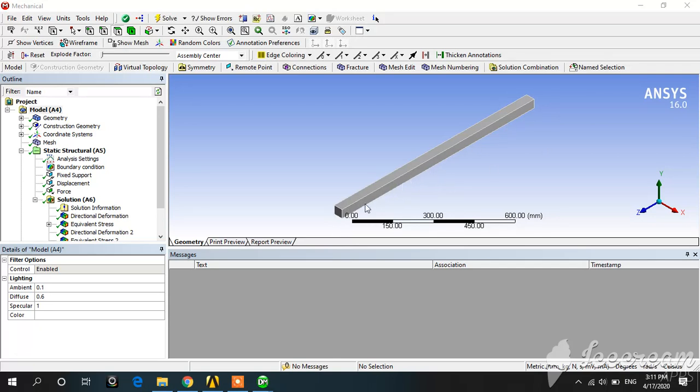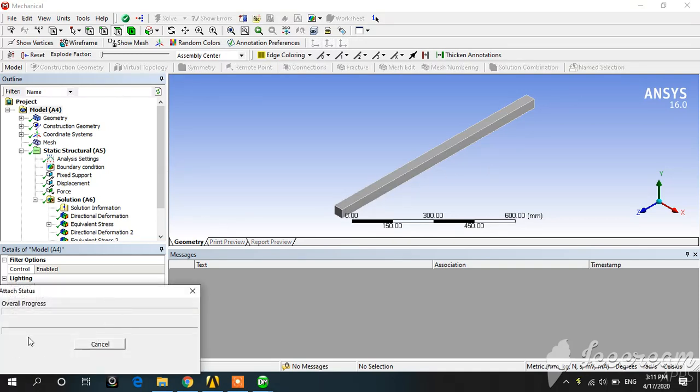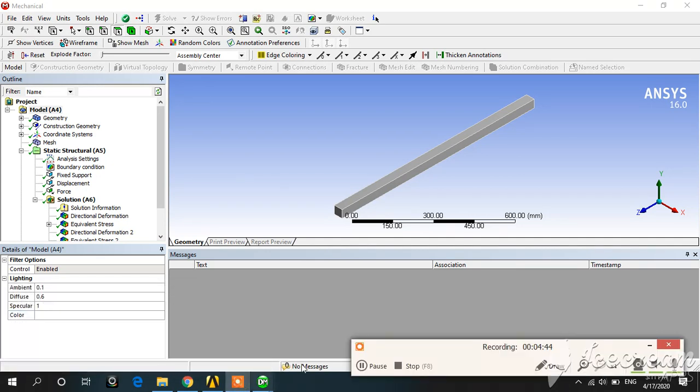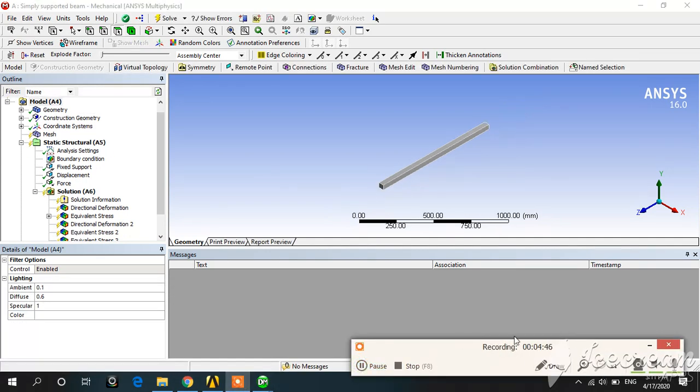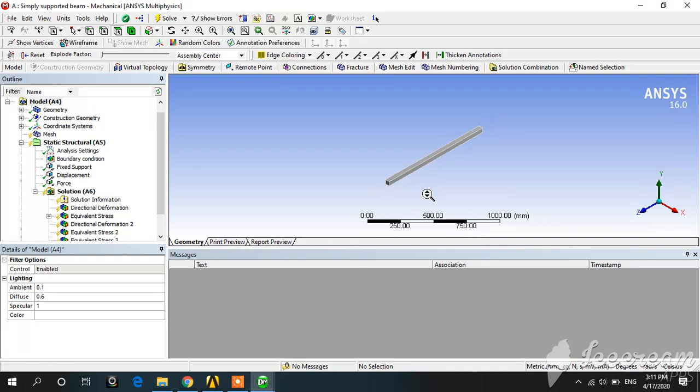This automatically reads this data of the simply supported beam. This is the attached status of overall progress of this project. After that, you scroll down, size low, scroll up, size big. First of all, you have to create the